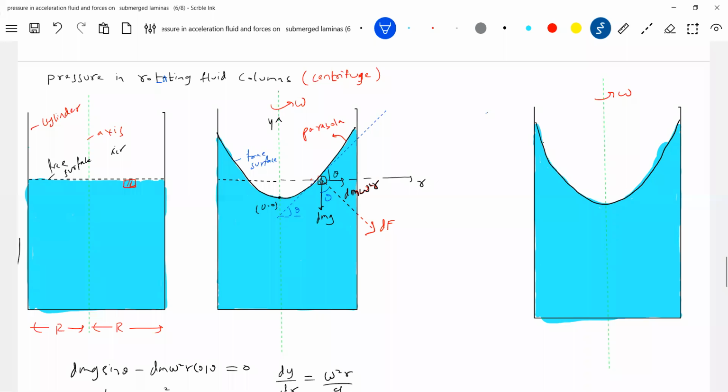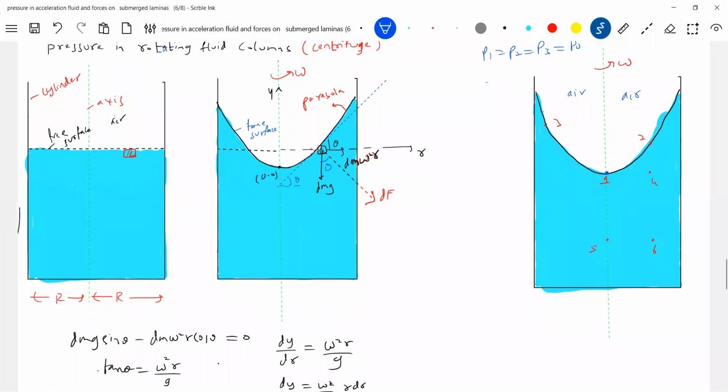So first I'll start with the pressure at points 1, 2, 3, 4, 5, and 6. The pressure at 1, 2, 3 should be equal to P naught. The topmost layer of the free surface exposed to the atmosphere should have a pressure P naught, irrespective of its shape. Simple conclusion.